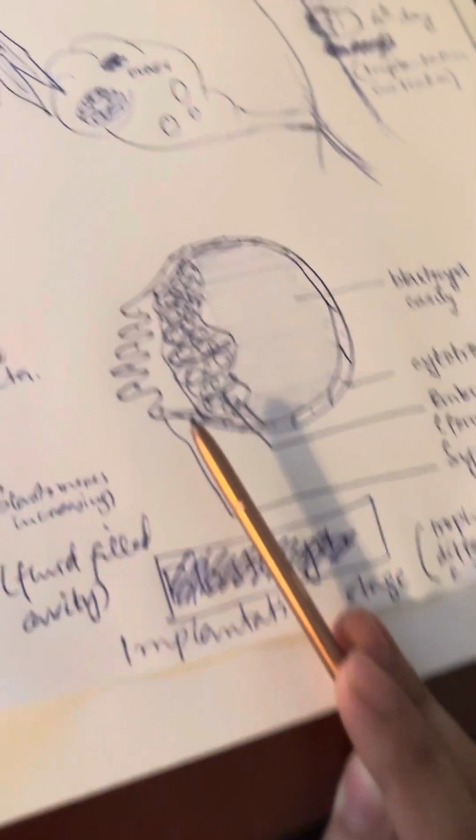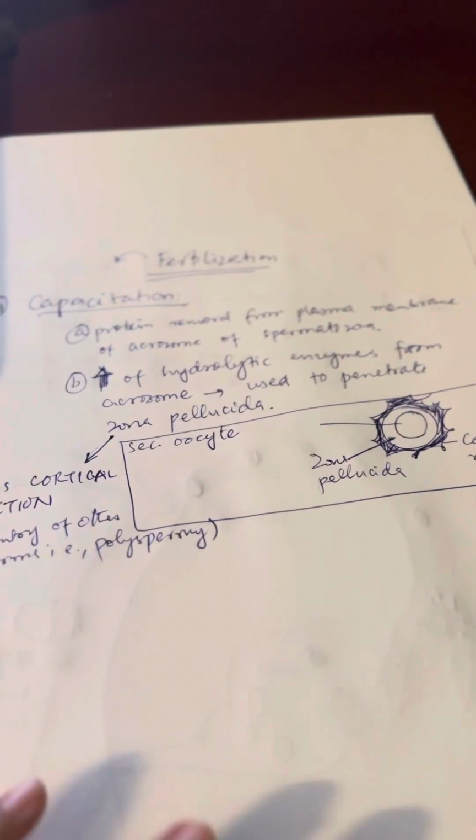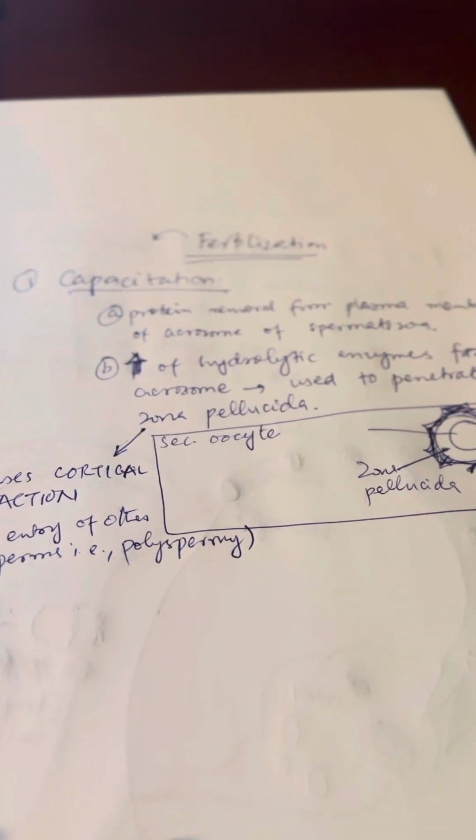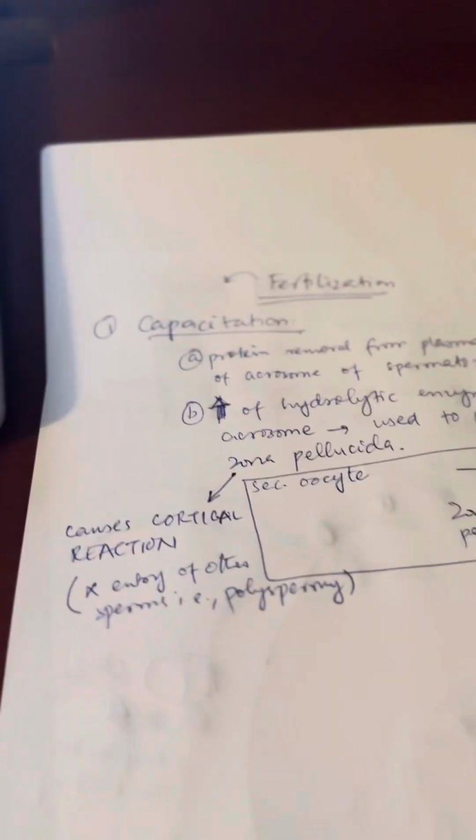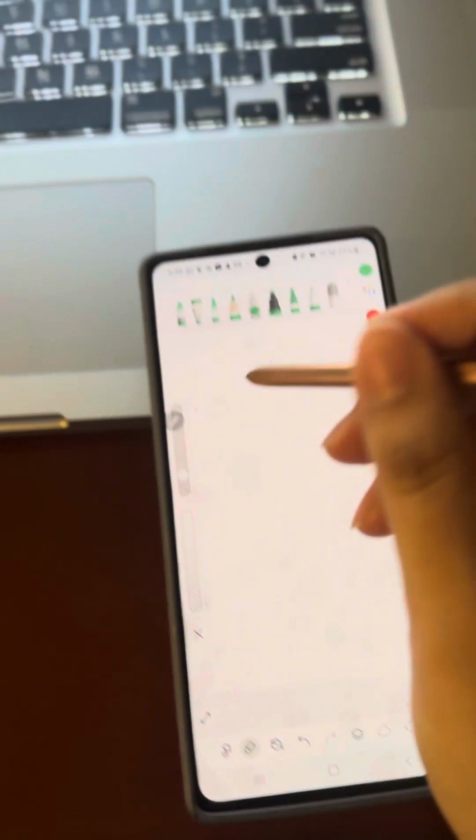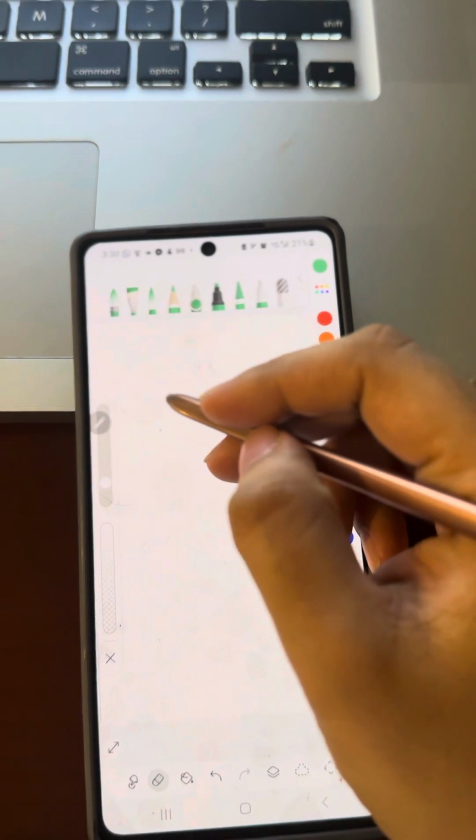Okay, so the important things that happen before fertilization, number 1 is the capacitation. The capacitation has 2 important things to it that are important to